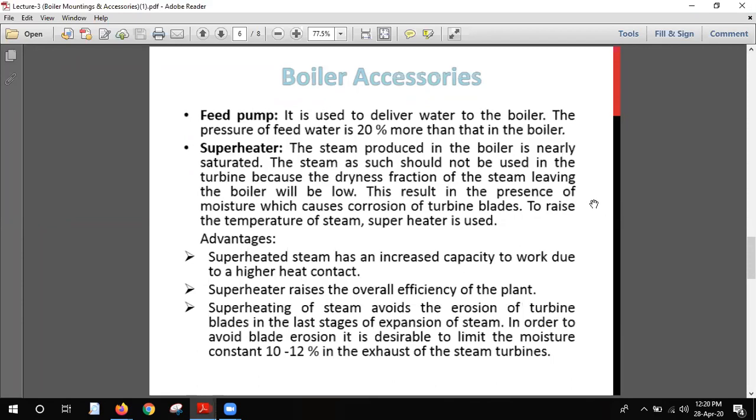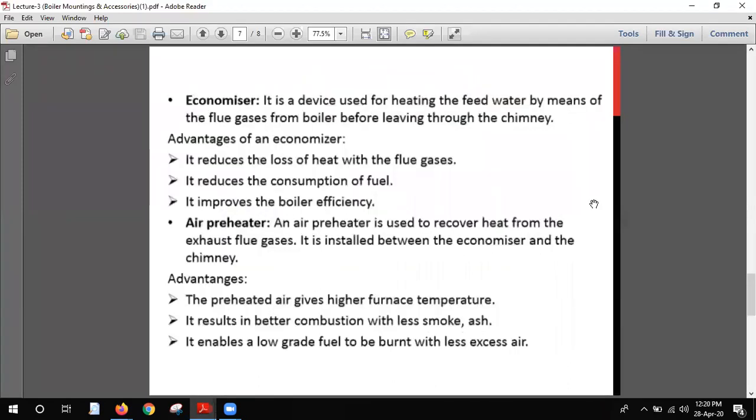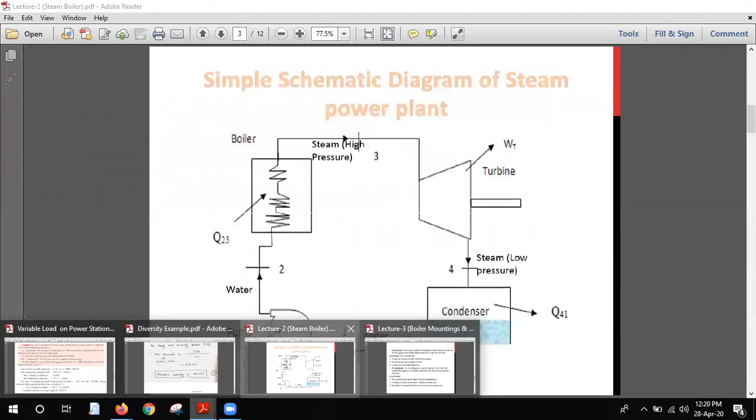And we make superheated steam using a superheater. So the superheater is not directly inside the boiler but is connected with the boiler to help it perform efficiently. The third one is the economizer, and the fourth one is the air preheater. So we will discuss the economizer first. Let me get back to that slide also.